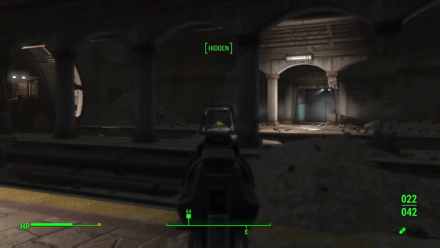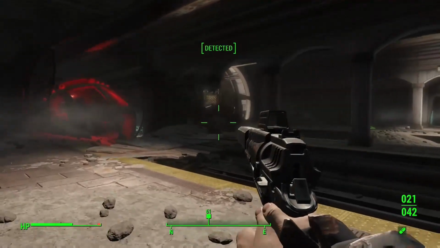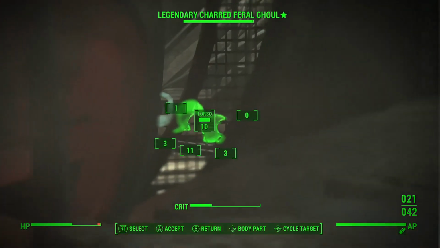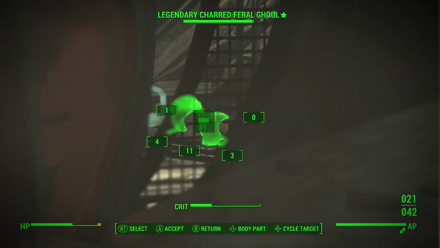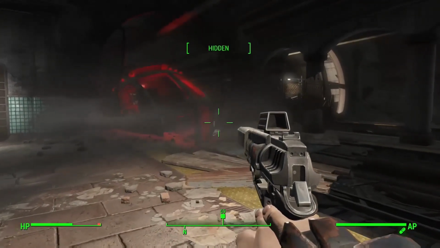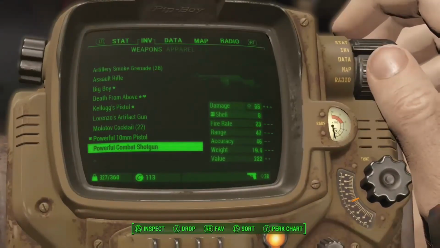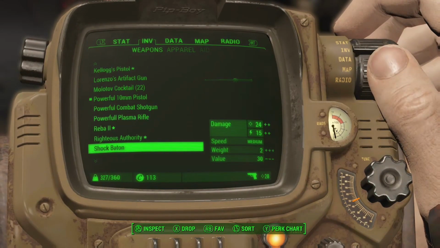Originally, I thought that was just dust flying up, because that happens sometimes. So after killing the rad roaches, I started to move closer, and then I opened VATS to see if there were any big enemies I needed to kill, and there was a legendary charred feral ghoul. So I'm just going to take out my Gauss rifle,